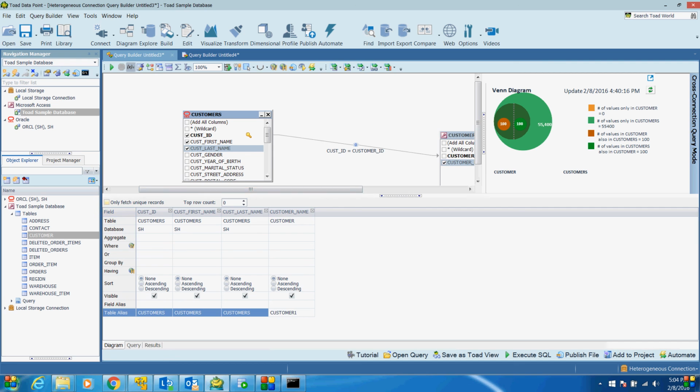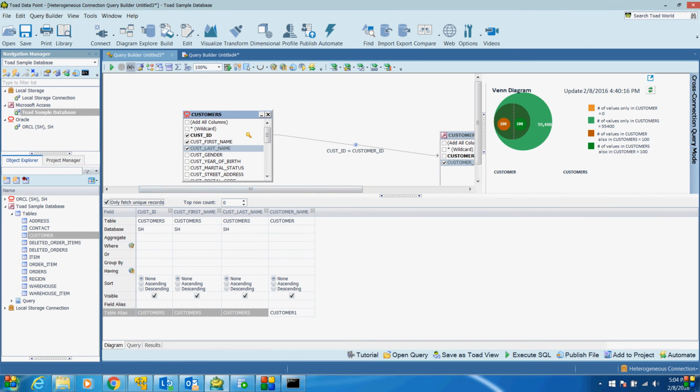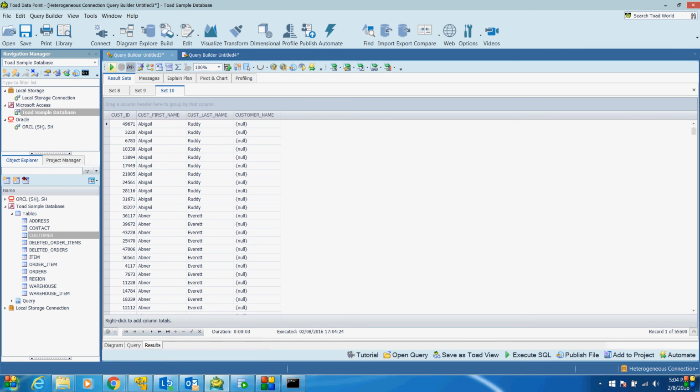Let's suppose I just want unique data. Okay, the same data is there. So like here, the example is that we can cross join multiple databases from different vendors. I mean to say, let's suppose I can get the data from Oracle, and I can get the data from MS Access or MySQL.